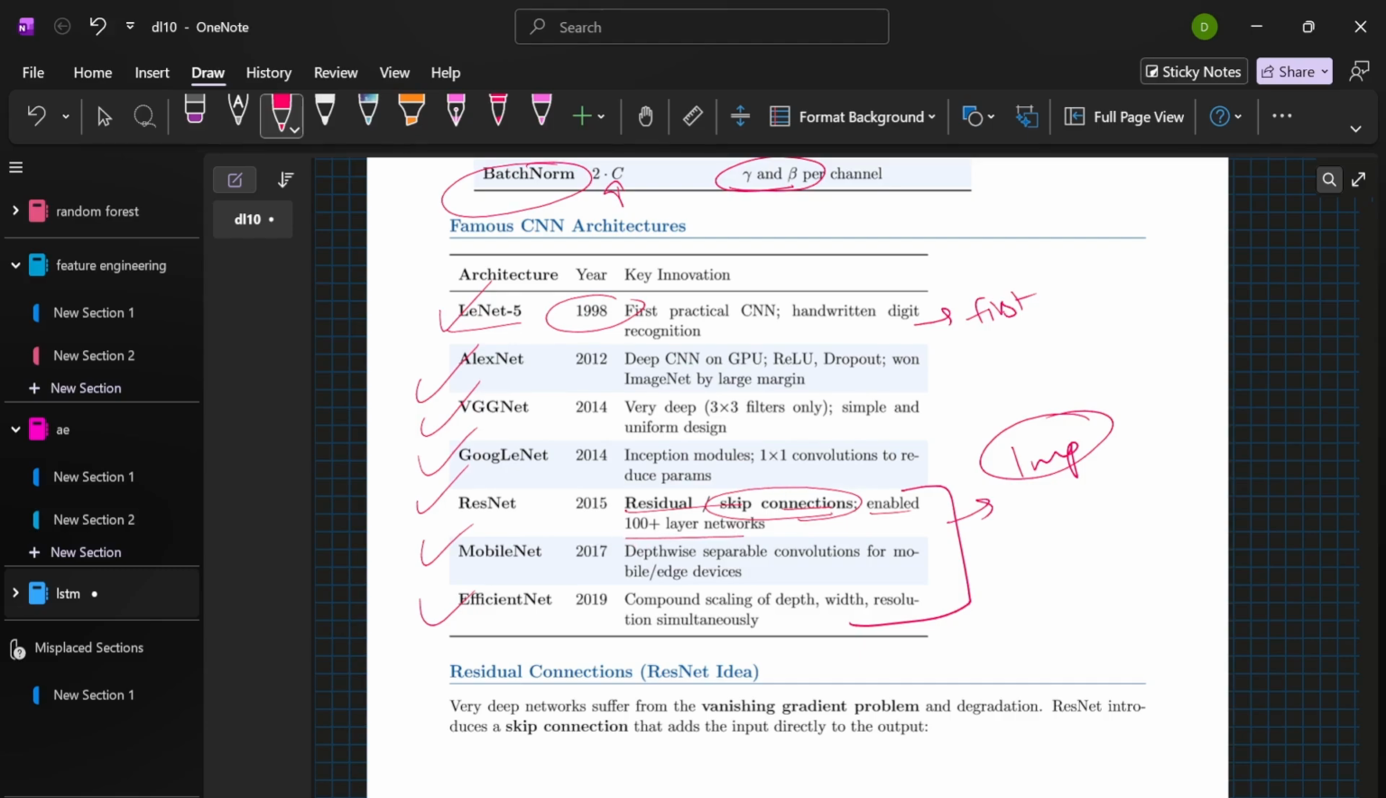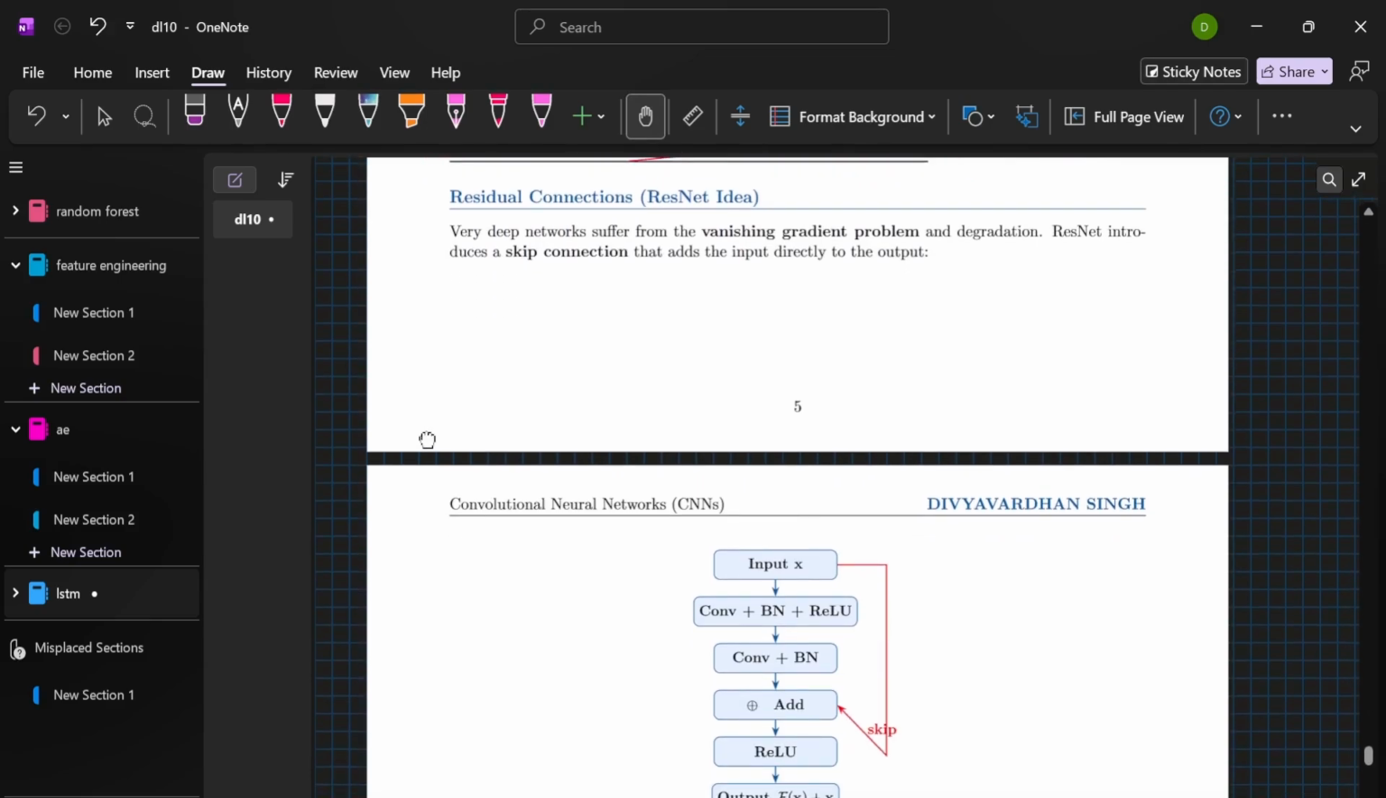Then we have MobileNet. It is used for mobile and edge devices with separable convolution, and EfficientNet that can scale depth, width, and resolution together. Okay. Now, moving forward towards the residual connection, let us spend some time on ResNet because